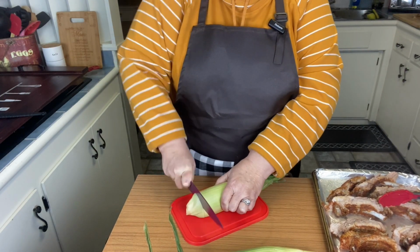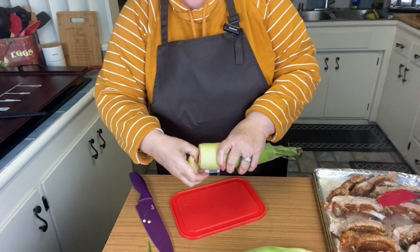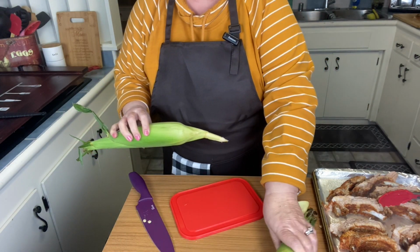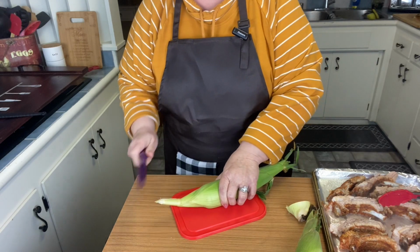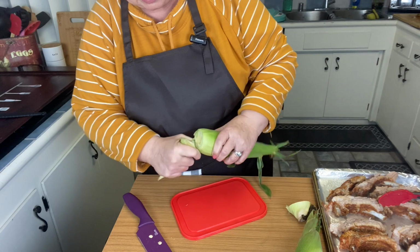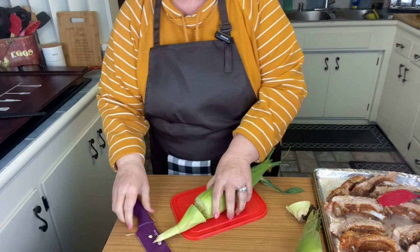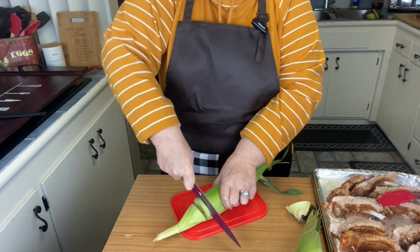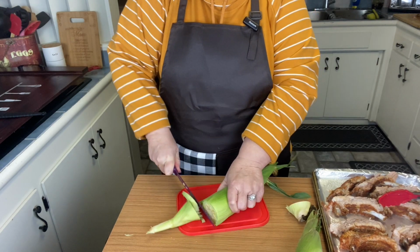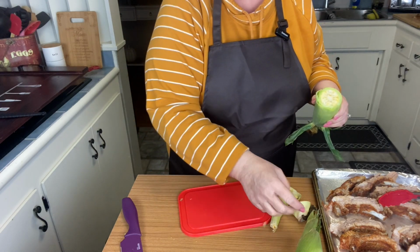If I'm strong enough. So you just cut off the end on both of them because there's 2 of us. Oh, that was much easier. I must have done something wrong, huh? I don't think I cut it far enough down. So let me do one more slice here. There we go. Okay, so you just cut off the end and we're going to put them in the microwave